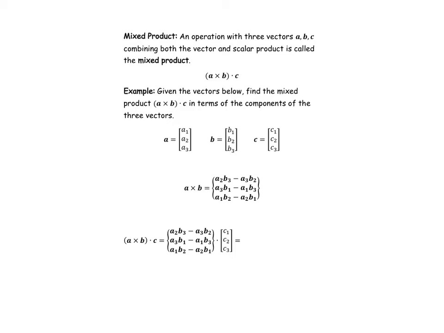So down below I have a general case. Example, given the vectors below, find the mixed product, A cross B, dotted with C. And of course the parentheses are there for order of operations. In terms of the components of the three vectors, I've got A is A1, A2, A3, B is B1, B2, B3, and C likewise. So we know that A crossed with B is the following vector. All right, we've got this here. A crossed with B dotted with